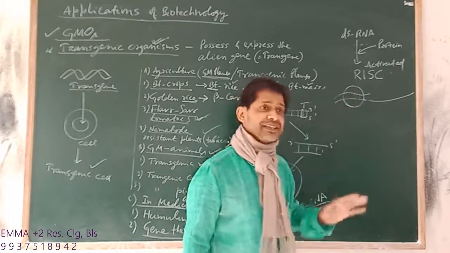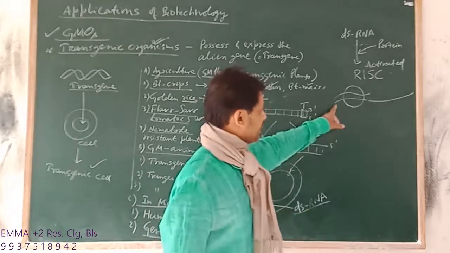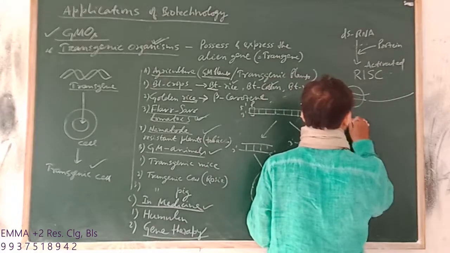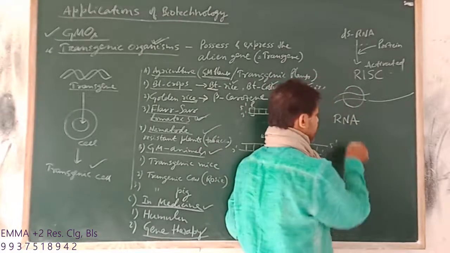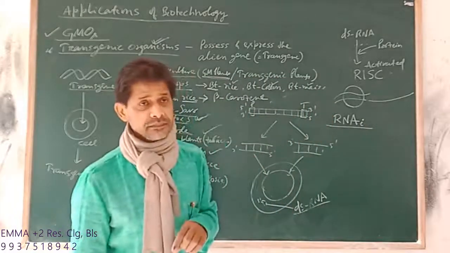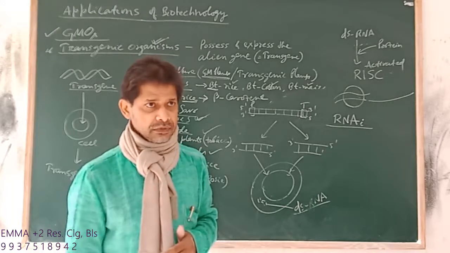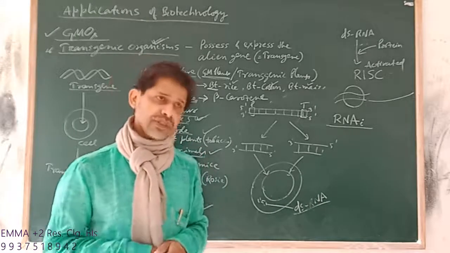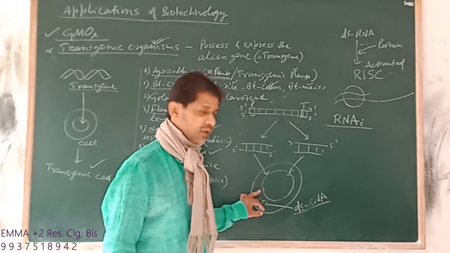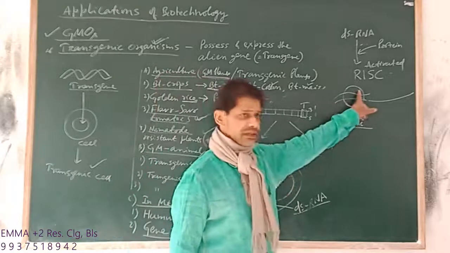So this technique is called RNA silencing. The nematode RNA was silenced, that is RNA silencing, or in short we can say RNA interference. That means we disturb, we interfere with the functioning of the nematode gene. We will block nematode gene expression, because our transgenic plant cell contains activated RISC.